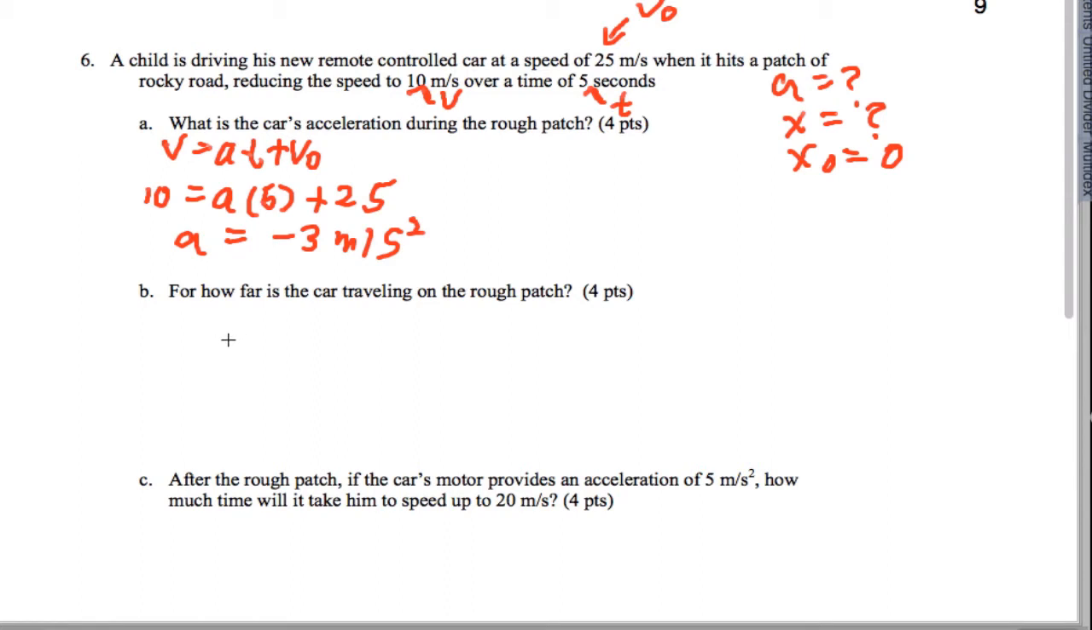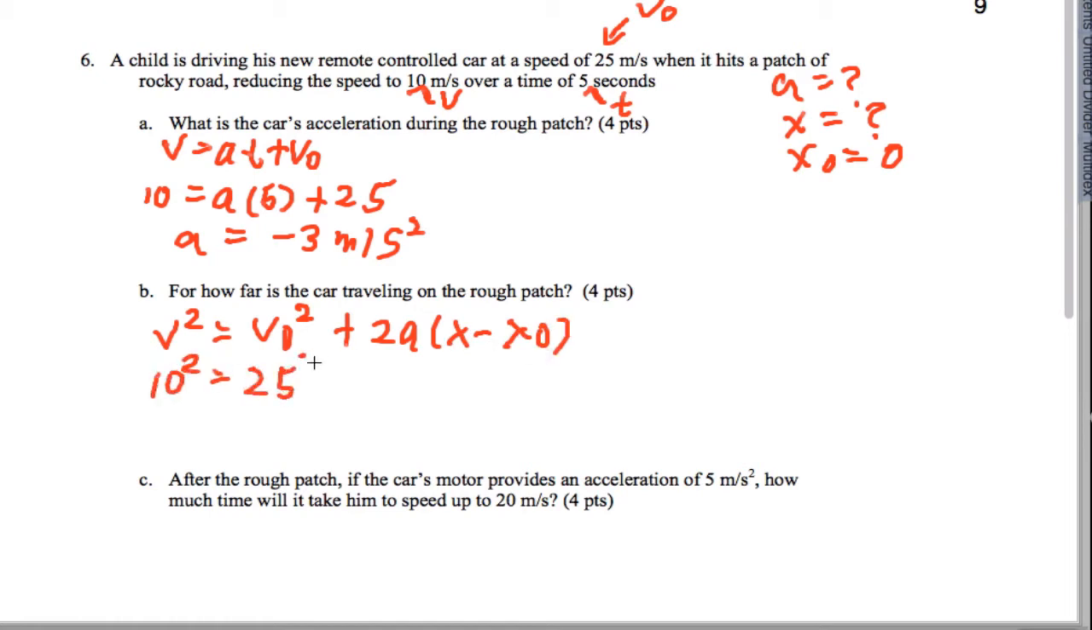Now, how far does the car travel on the rough patch? I'm just going to use one of the formulas. The second way of doing this is actually shown in the PDF file solution that you can find on this website. So we get v squared equals v naught squared plus 2 times a times x minus x naught. And when I plug in what I have, I'm going to get that 10 squared is 25 squared plus 2 times negative 3 times x minus 0. And when I solve for x finally, I'm going to end up getting